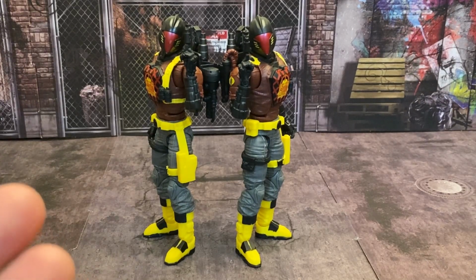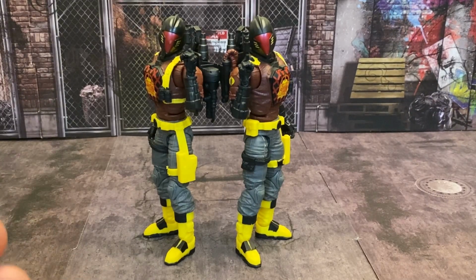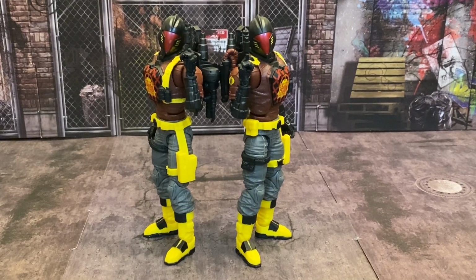Now, as far as what you have with these guys, yes, you have beautiful paint sculpts on them. Yes, you have a different faction. But at the end of the day, it's just the same buck, different paint. I bought them because I wanted the Python Patrol bats. Am I going to get the Crimson bats? We'll see. I'm not pre-ordering them right now. Maybe later on down the road I'll pick them up. I don't know. But as far as these guys, am I happy with them? Yes. Are they a great addition to your collection? Yes, especially if